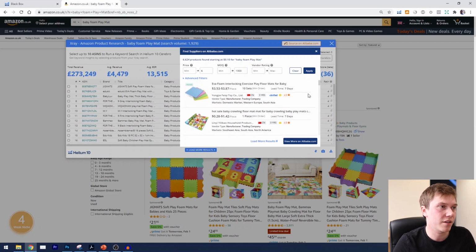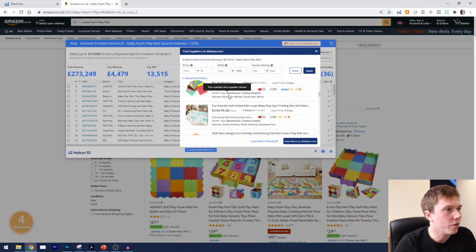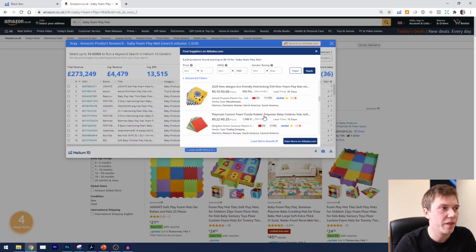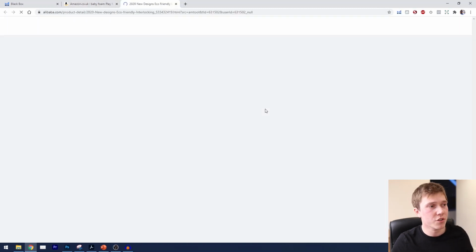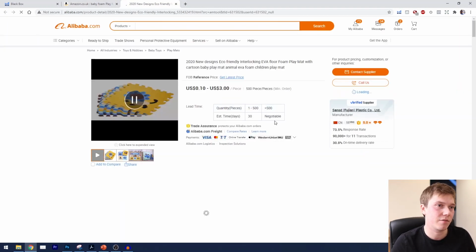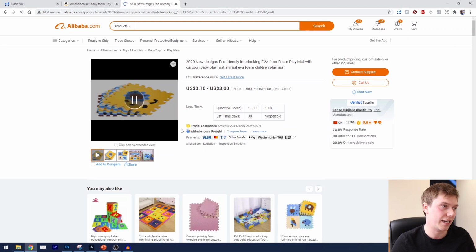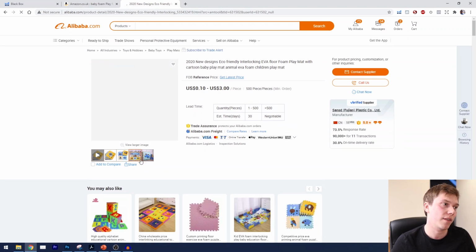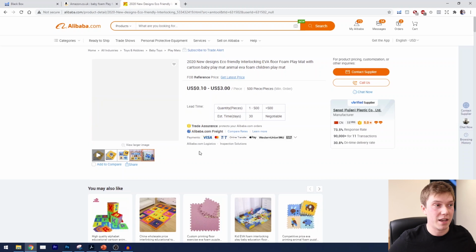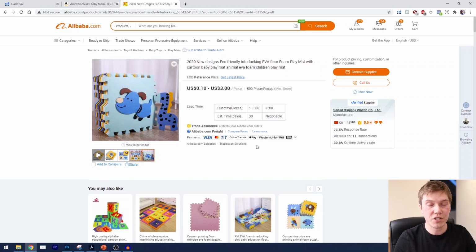So now what we can do is have a quick scan down and say we want one that's got quite a cool design. Okay, what about this one? It's got flowers on it. Let's have a look. So we can click into it, and straight away it's going to take me to the supplier on Alibaba, and I can click through and say, do you know what, that looks really neat, let me message them. And then it's just a case of messaging this supplier and asking your usual questions,